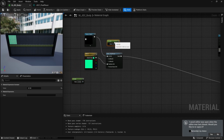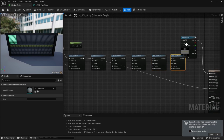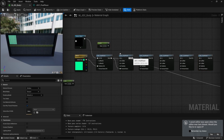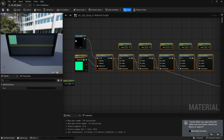What we do need is these going forward. So I like to arrange the material functions kind of how the cells would line up. So 1, 2, 3, 4, 5, 6. Our base color can just live anywhere. And then we just run these results into each other. And then without multiplying anything yet, drop one of your constant values above each of these. And then we can actually take this whole thing,